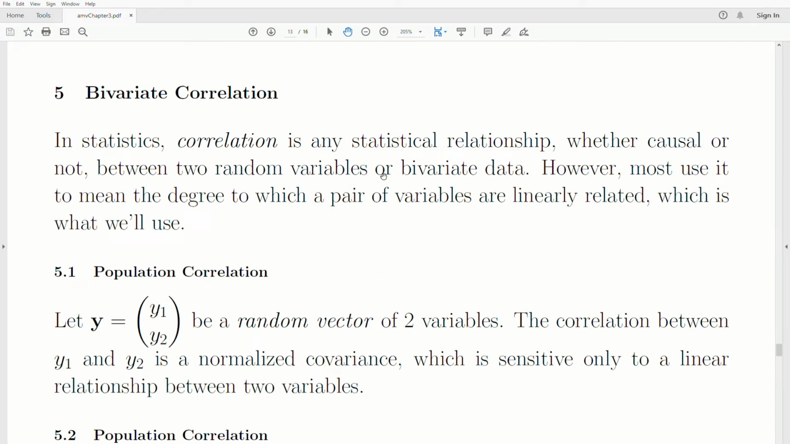Now in statistics, correlation is any statistical relationship, whether it's causal or not, between two random variables or bivariate data. However, most use it to mean the degree to which a pair of variables are linearly related, which is what we'll use. There are so many definitions of correlation. The most common is probably Pearson's correlation, which is what we will use, which describes the linear relationship between